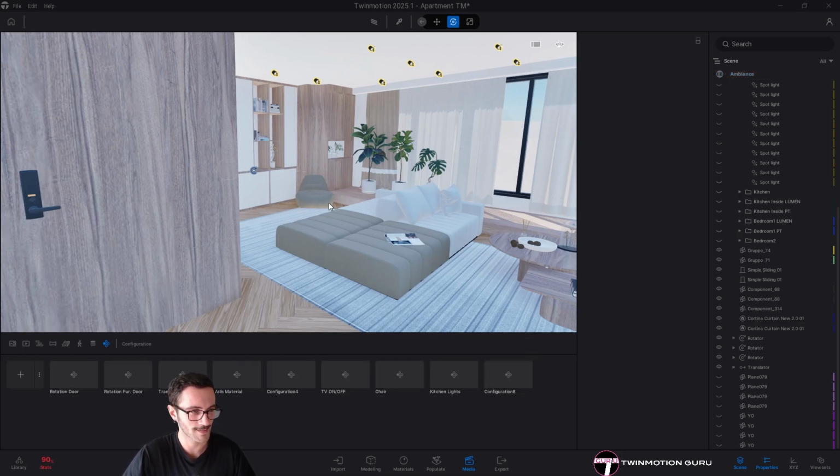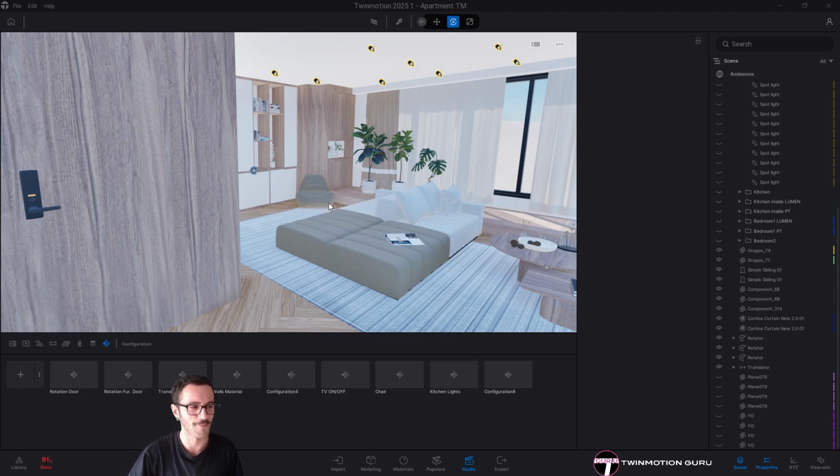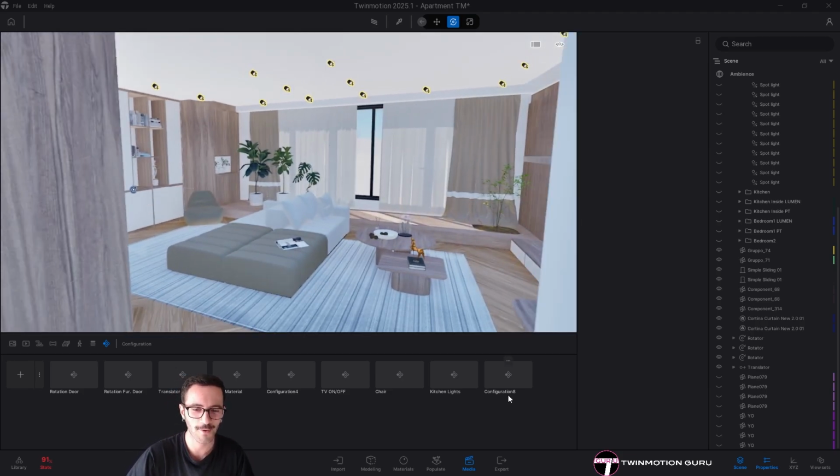And again, for the last time saving my project, now maybe not the last time because I also have to create the ambience configurator, but only to save my work done until now.